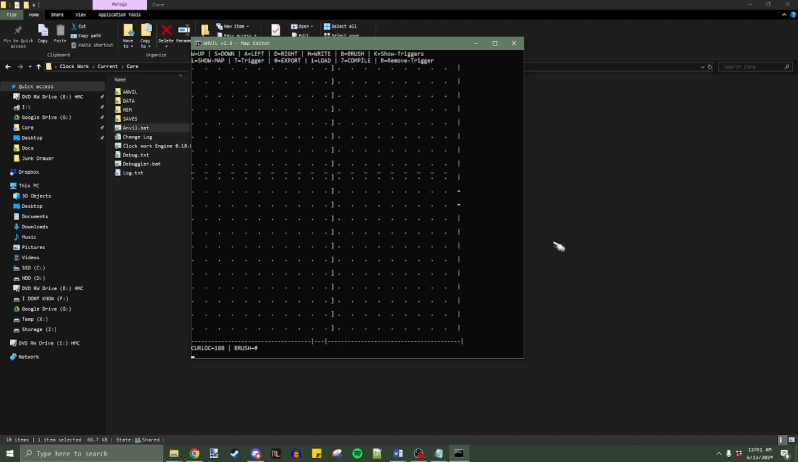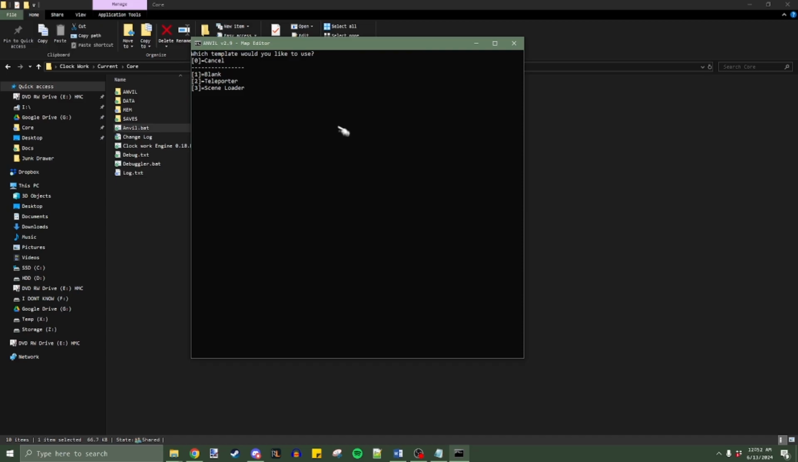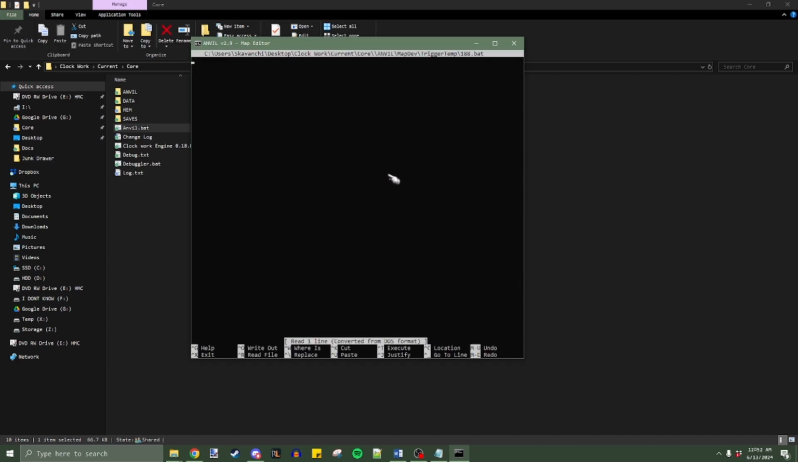So let's go ahead and make a new trigger, which is just T. And then I have a couple of templates, so let's just make a blank one, and then it opens up Nano. All Linux people should know Nano. It's basically just a simple text editor. This would normally be where I'd type code for what the trigger does, but then if we hit Control X and then yes,